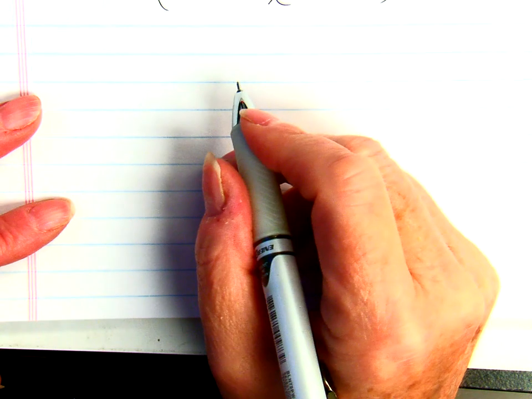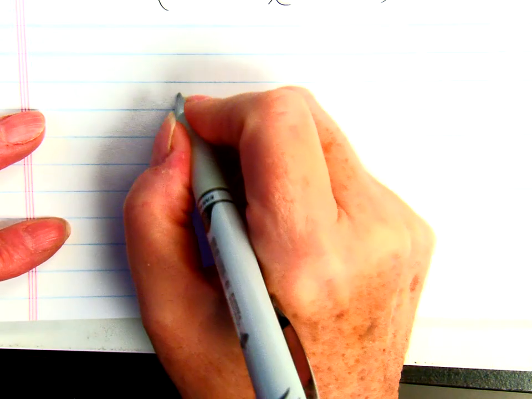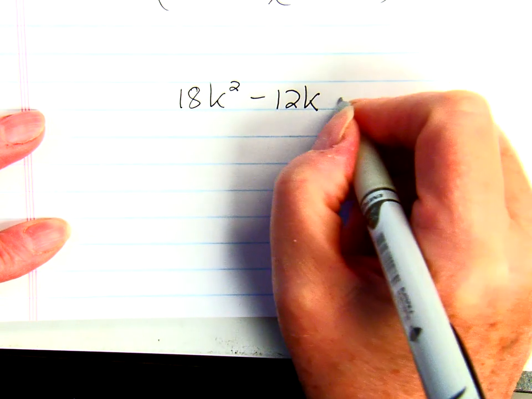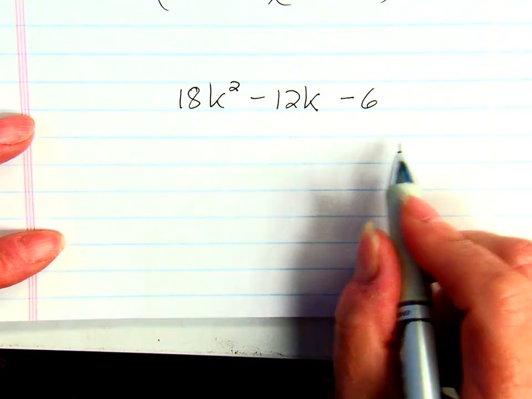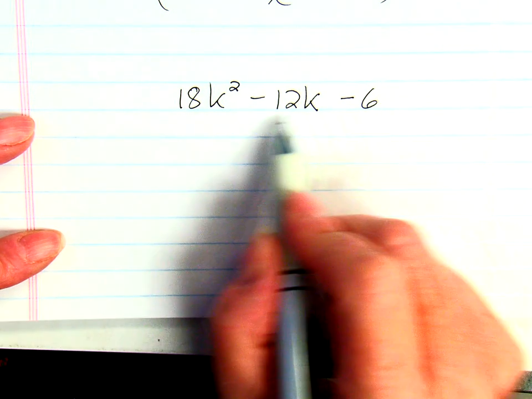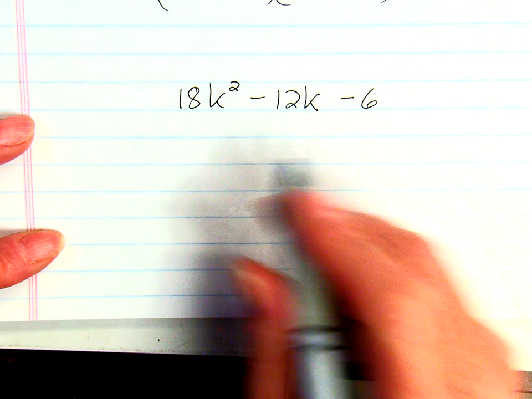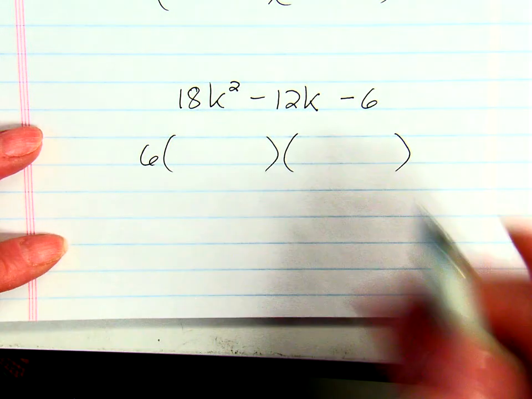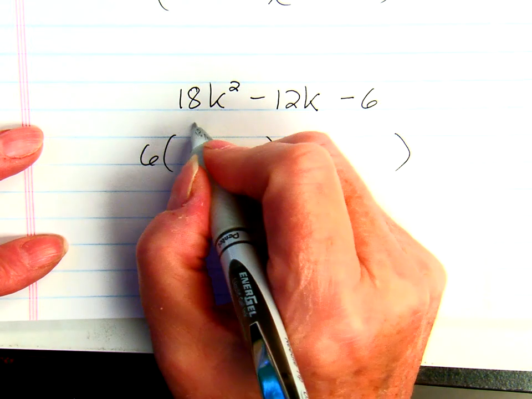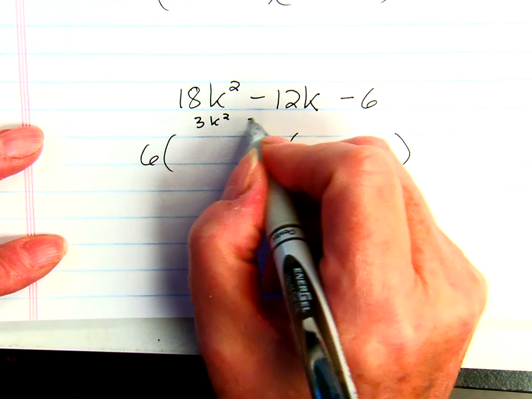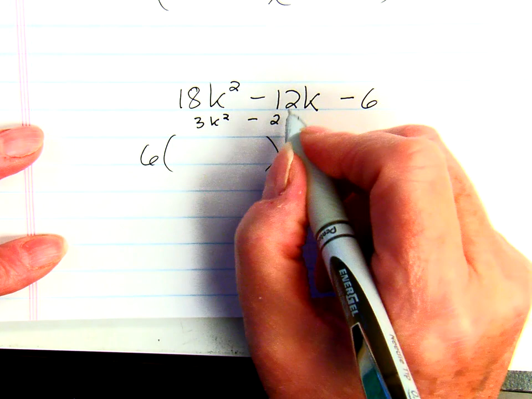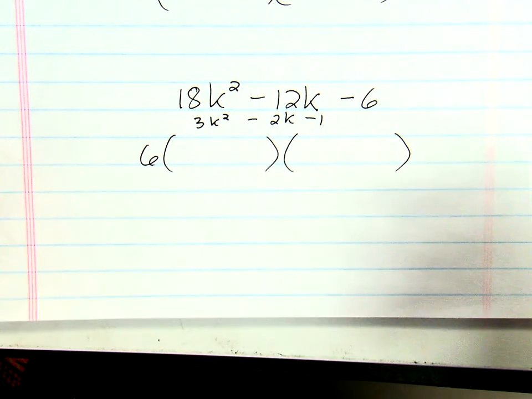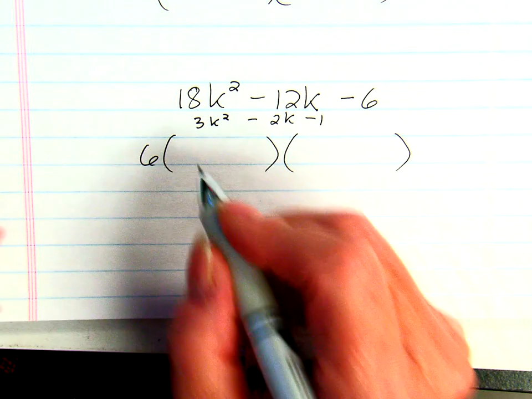Let's look at 18k squared minus 12k minus 6. Okay, and let's go ahead and say, well, you know what? 6 is a factor of all 3. I'm going to pull that 6 out. Then let's simplify it first before I do this. 3k squared, just going to tuck it in here, 2k minus 1. Okay, so I've got a 3k